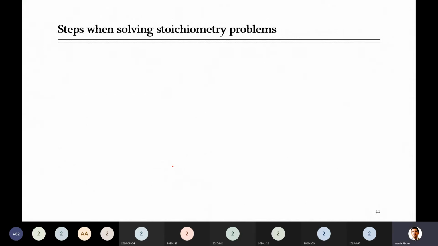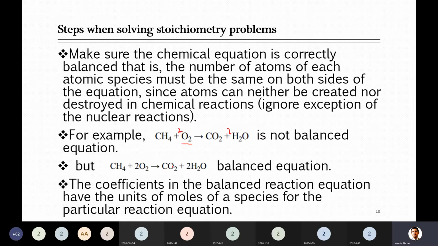So when you look at this problem overall, for example, we bring in contact 1 mole of CH4 and 2 moles of oxygen. This reaction takes place and all reactants are consumed. What does this mean? It means that the 1 mole of CH4 reacted with the 2 moles of oxygen, and they produce 1 mole of CO2 plus 2 moles of water. This is called a complete reaction.